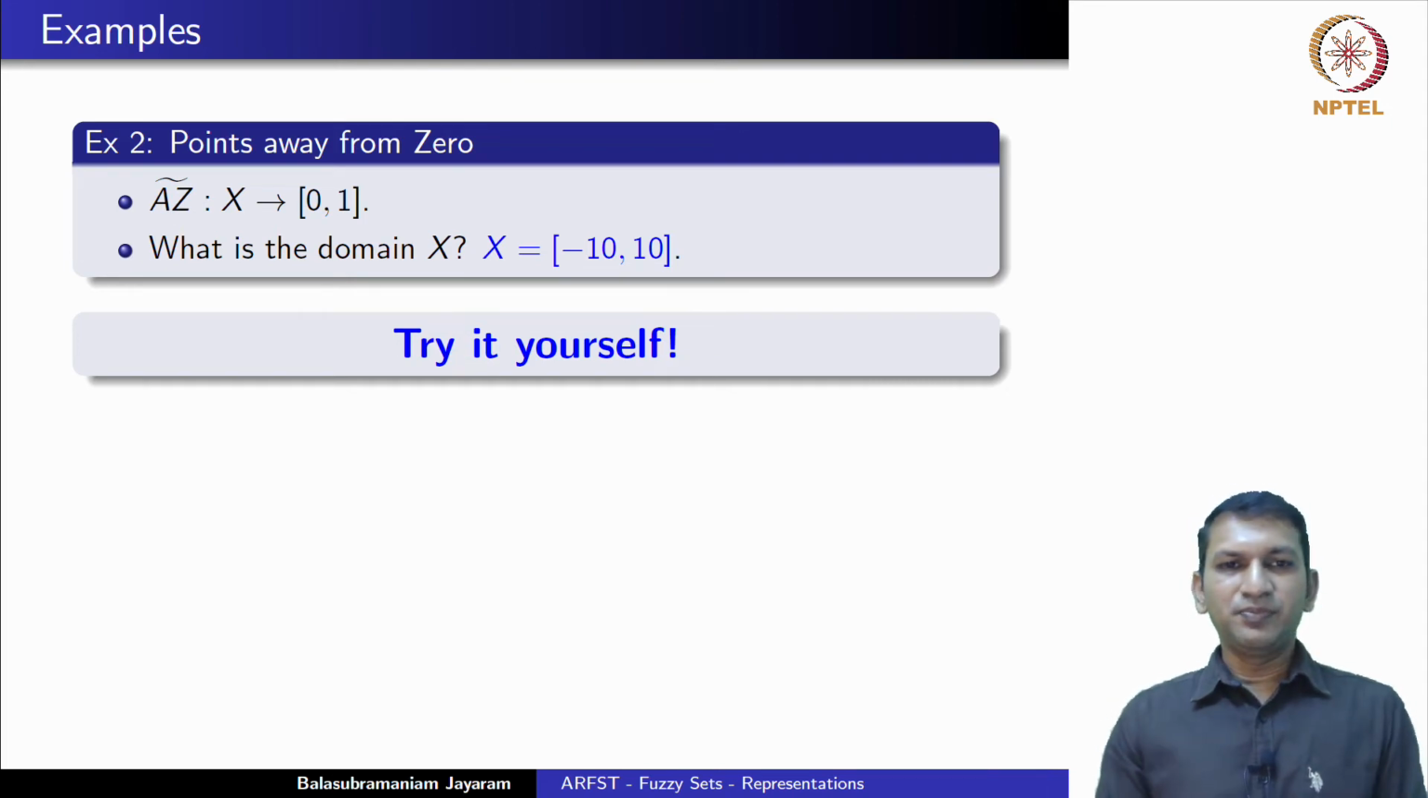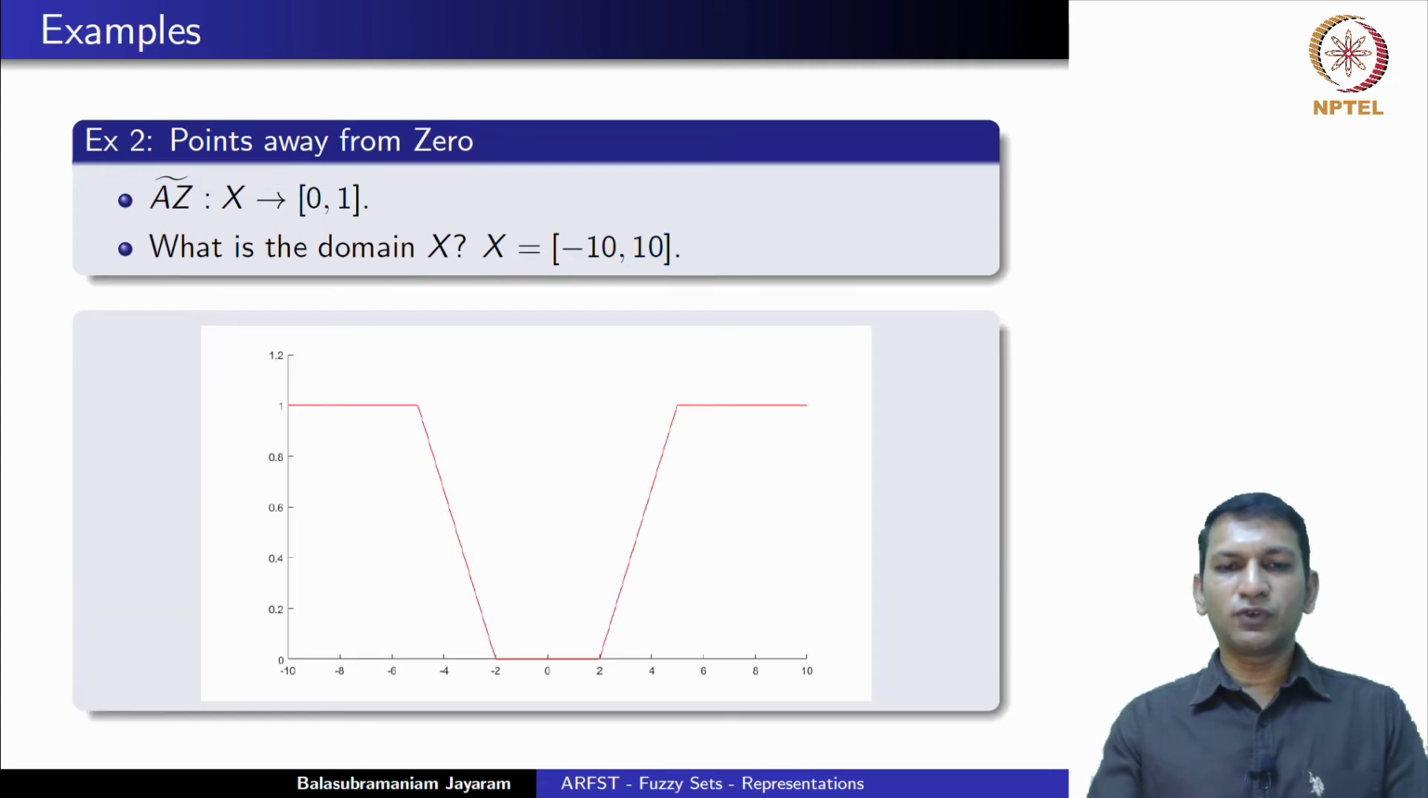Welcome back. If you would like more time, please feel free to pause the lecture here, try it for yourself, and then continue. For those of you who have done it, let's move ahead. The way I have conceptualized points away from 0 and captured it as a fuzzy set is as follows. Keeping in mind the way we have captured points close to 0,